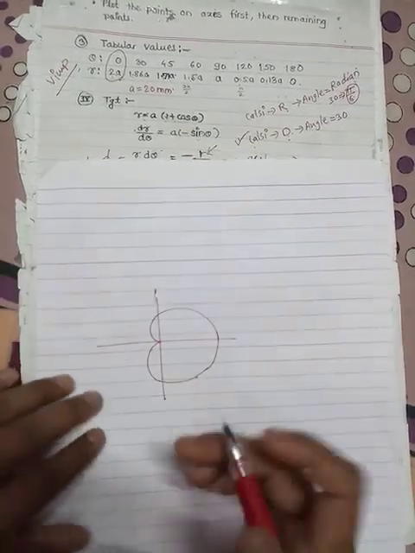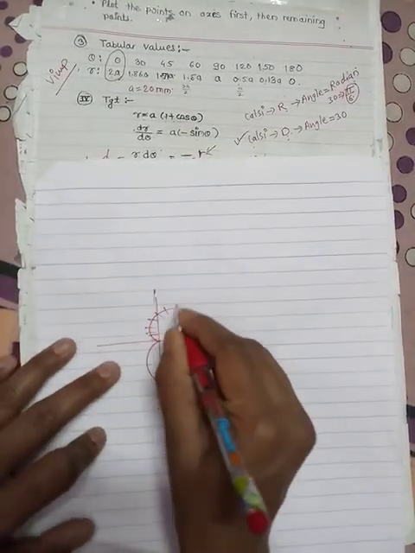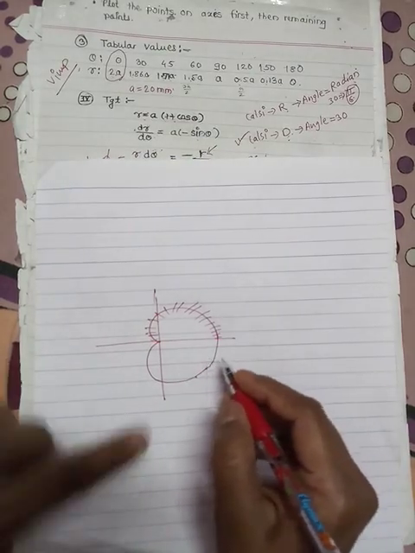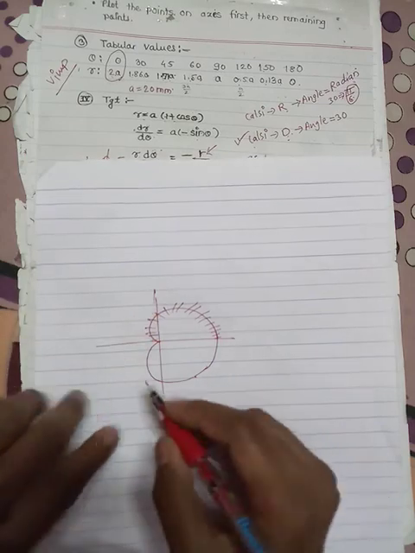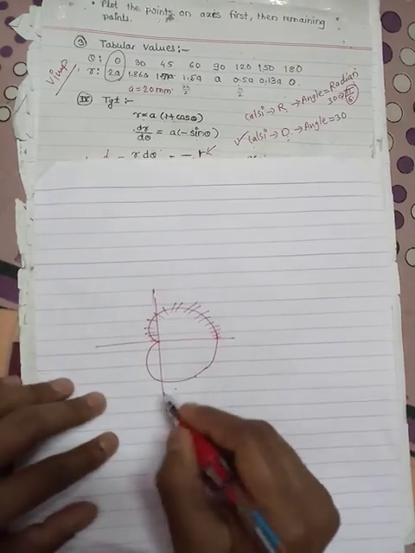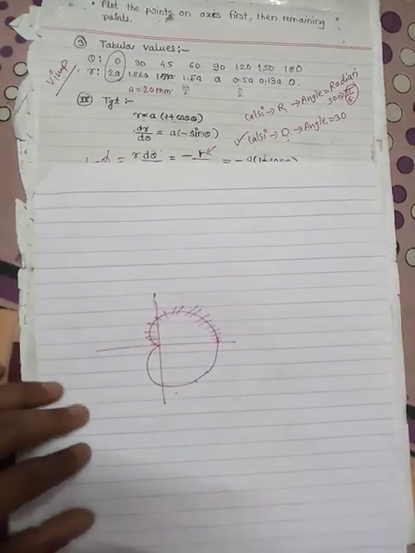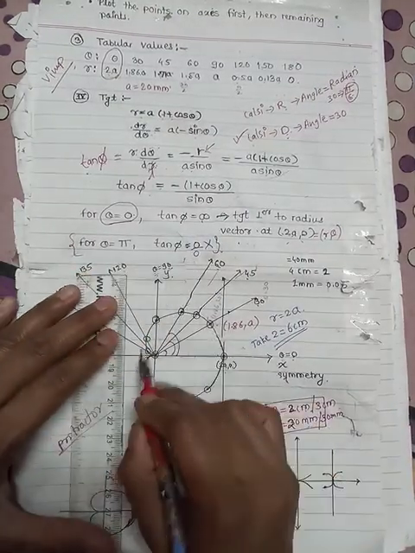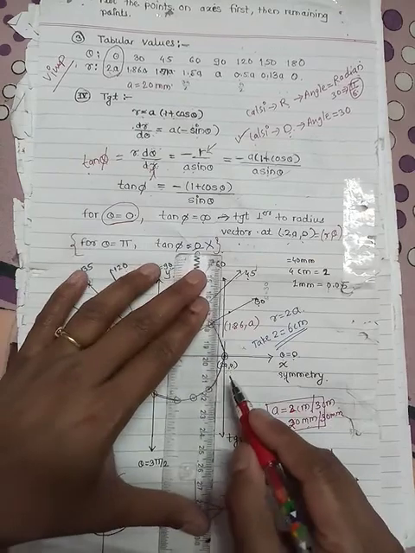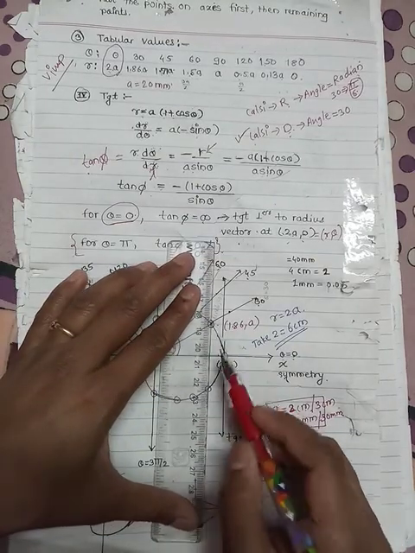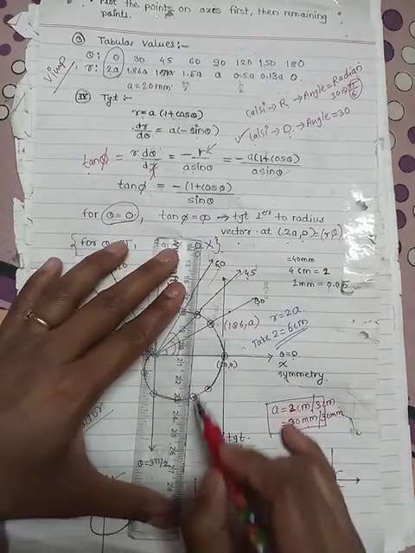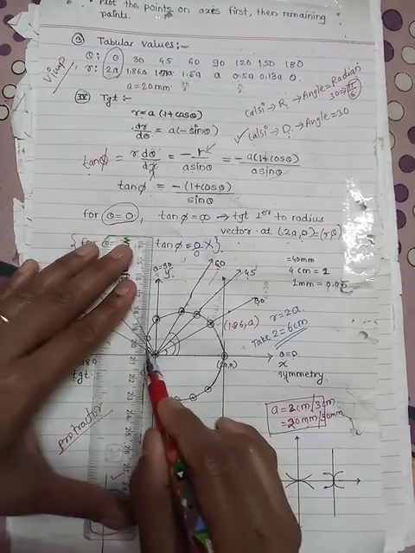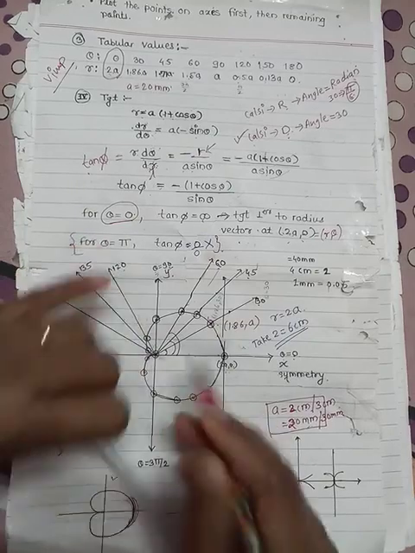We are plotting the points on the upper side only, and by using the symmetry about the x-axis, the same curve we draw here in the lower side. So this is your final curve. Just mark these same points in the lower side. By using this scale, this is your first point, second point, third, fourth, sixth, seventh, eighth, and this is your last point.